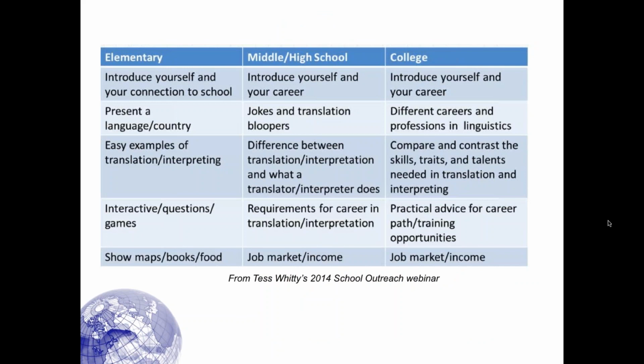This is a super helpful table that I got from Tess Woody's 2014 school outreach webinar. This webinar is free, and it's also available on the ATA website if you wanted to listen to it to get even more ideas. The table organizes, as you can see, presentation ideas by age group. So if after my last slide and my weird grocery store tip, you're not sure which age group you'd feel most comfortable working with, you can use this table to help you decide which presentation you feel like giving